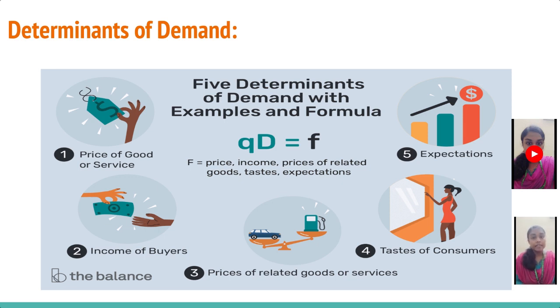The fourth is the taste of consumers. Today, taste is mostly influenced by online content creators, influencers, or new inventions like Crocs shoes. If the majority of the consumers have the same taste, obviously the demand for the commodity keeps on increasing. And the last is the expectations. If a customer expects there will be a decrease in the price of gold in the upcoming weeks, he is not going to invest in gold this week. Therefore, the demand for gold decreases this week. Or else, if the